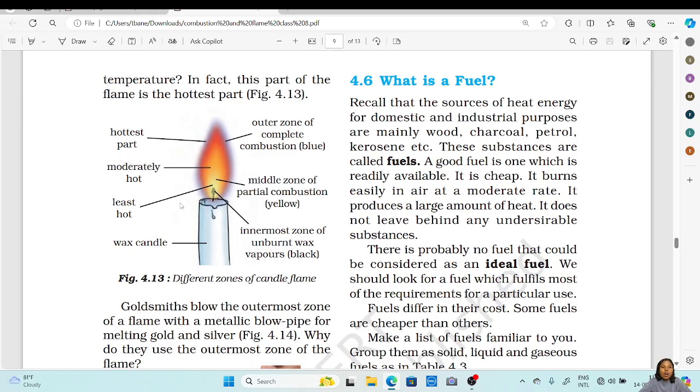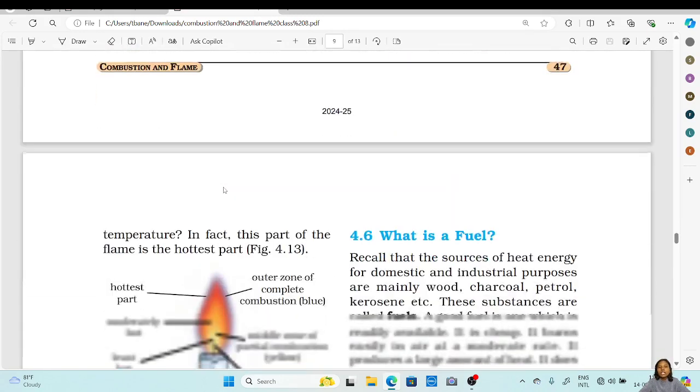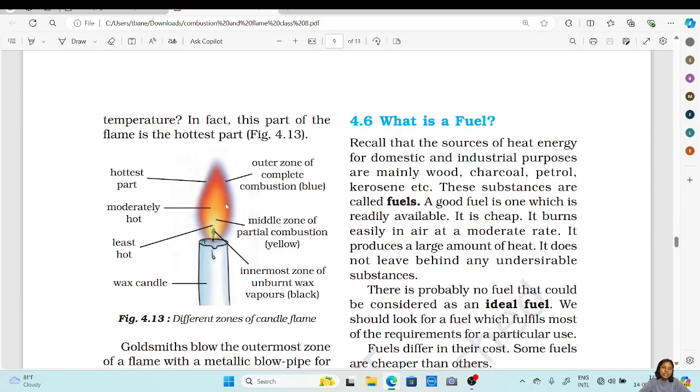And the least hot is this last part, that is right near the wick, that is the innermost zone of unburnt wax vapors, that is black. Okay, and this part is known as the dark zone. So we have three parts. We have the luminous zone, that is this inside part, the middle moderately hot part, the non-luminous zone, that is this outer zone, that is the hottest part, and this part near the wick, that is known as the